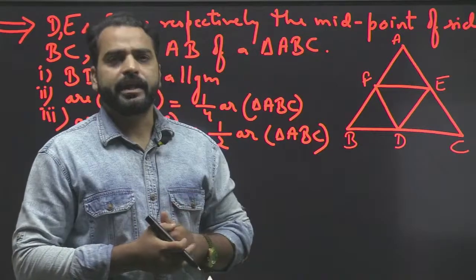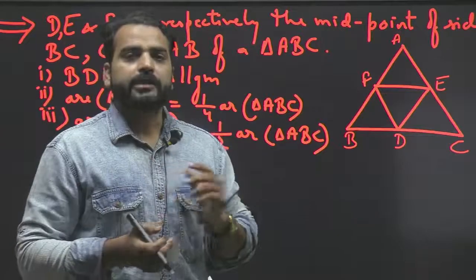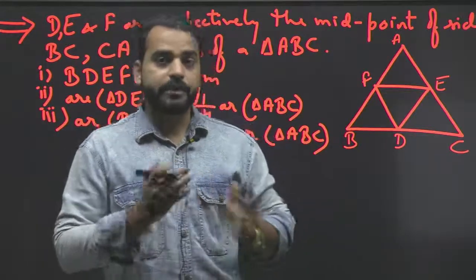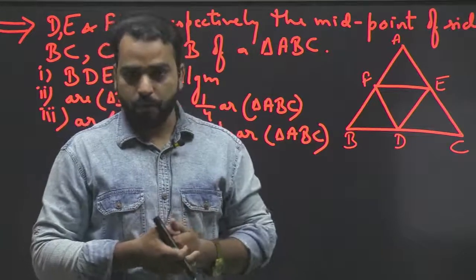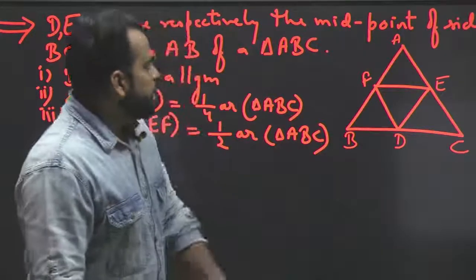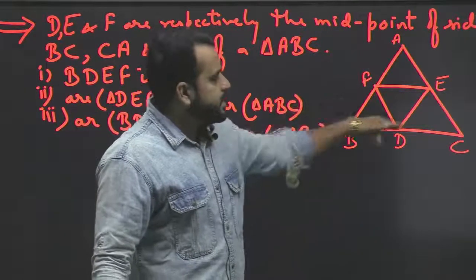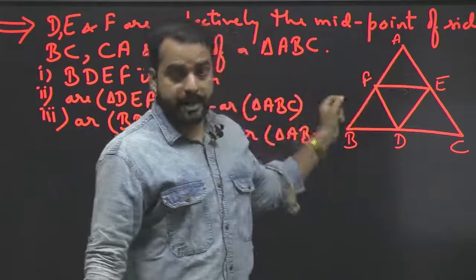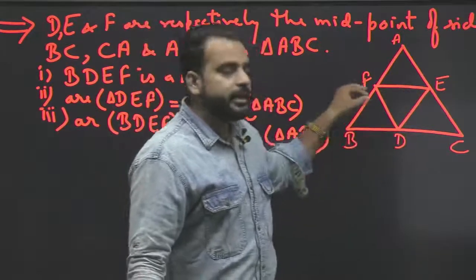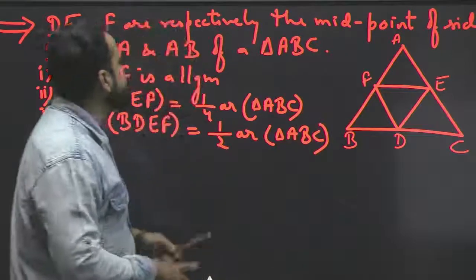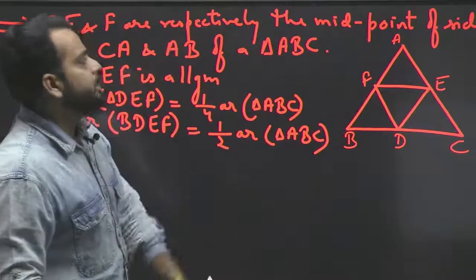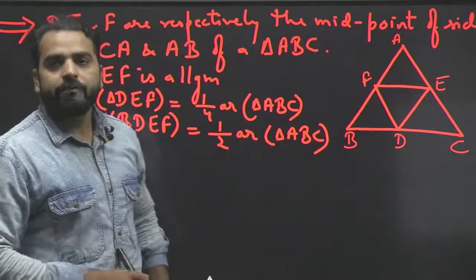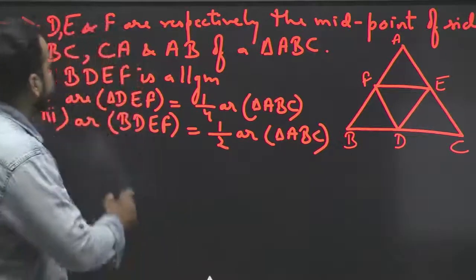Now we will study that if there is a triangle and three points are the midpoints of their corresponding sides, then what will be the relation between these triangles. Okay, so here we go. As we can see here, ABC is a triangle in which D, E, F are the midpoints. What are these points? These are the midpoints. D, E, F are respectively the midpoints of the sides BC, CA and AB in the triangle ABC. So now we have to prove that